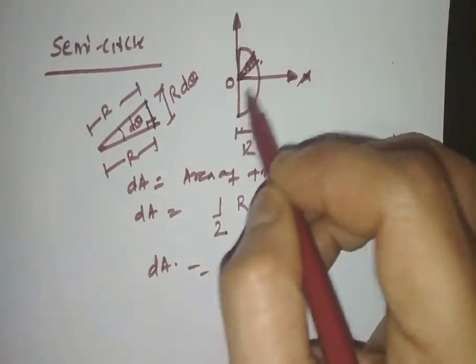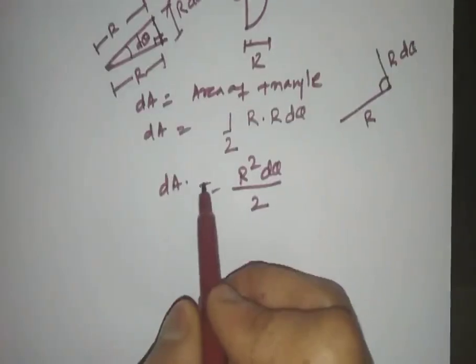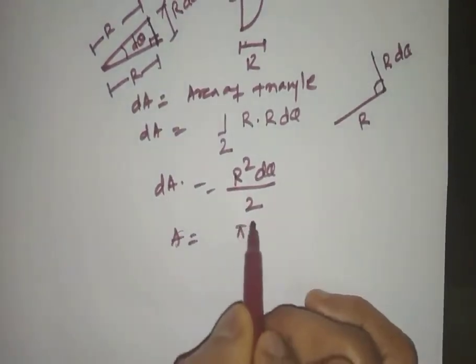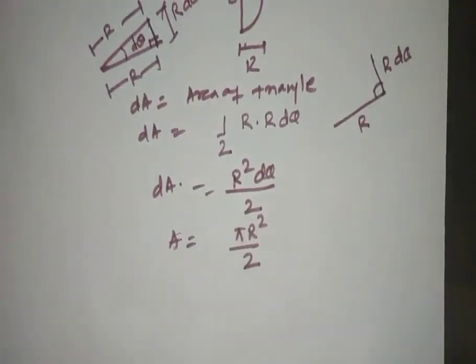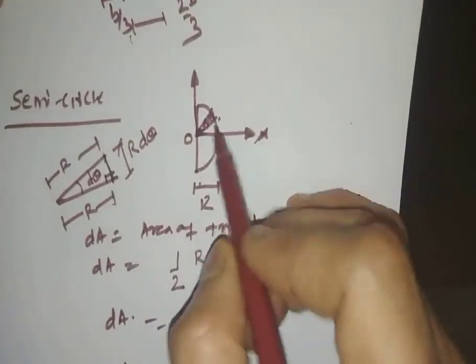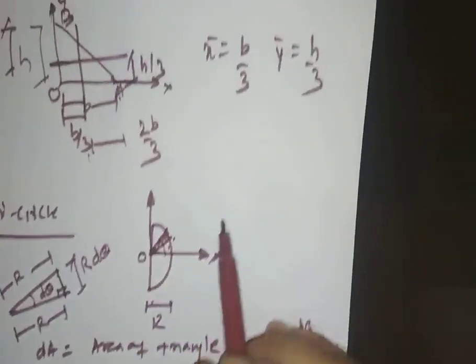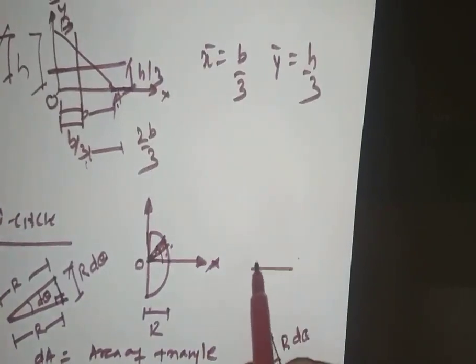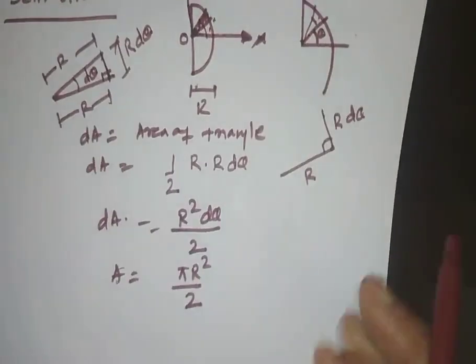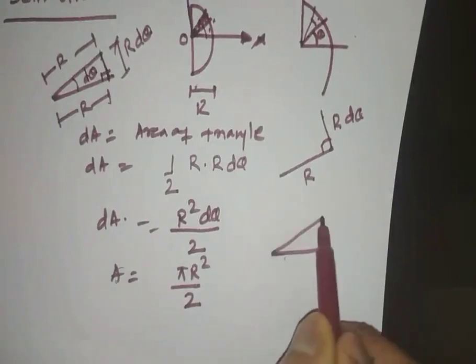The whole area is a semicircular section, and the area of the semicircular section is half the area of a circle. So it is pi r square by 2. Now this same triangular section is placed at an inclination of theta. If we consider the semicircular region in this portion, it makes an angle of theta here. And with this angle of theta with reference to the x-axis,